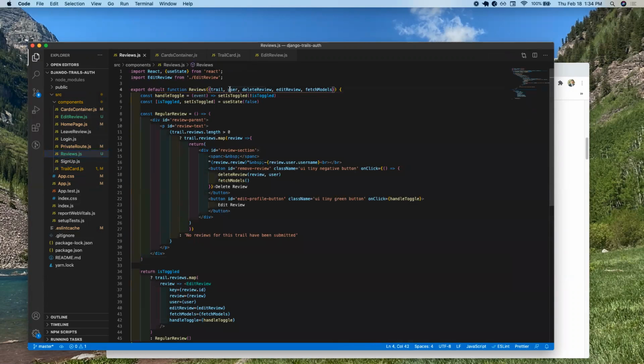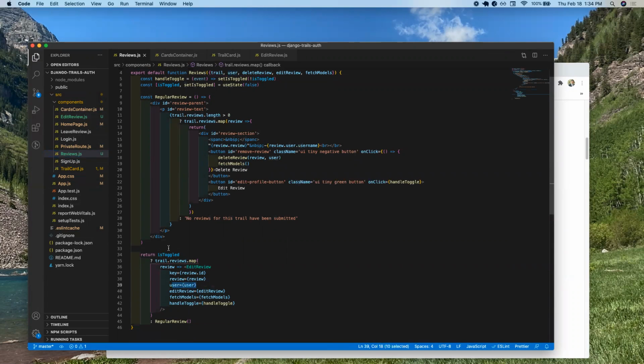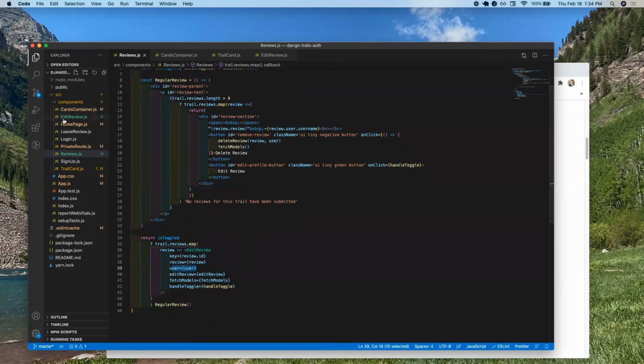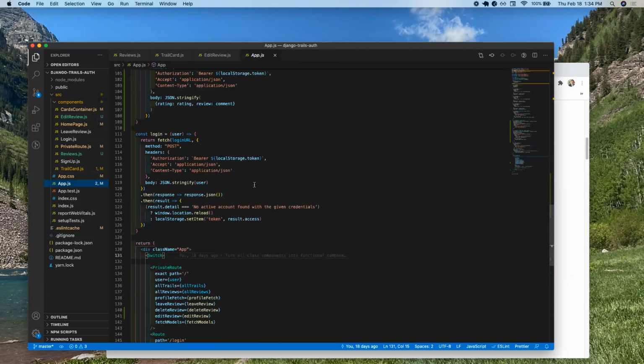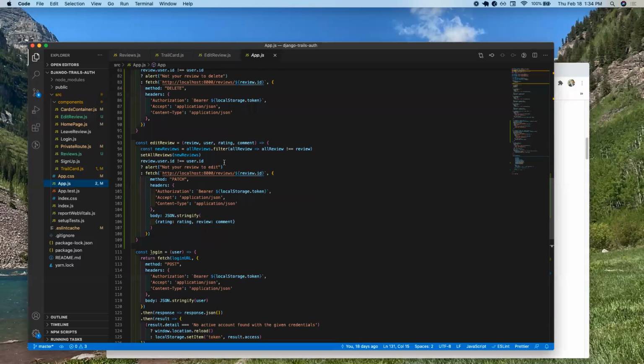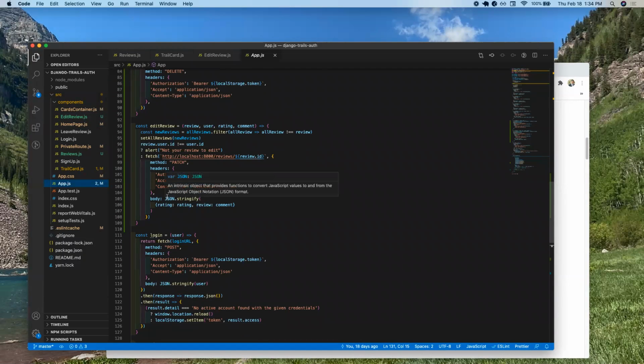And in the reviews, we have our user and the ability to pass it down to the edit review. And in our function,